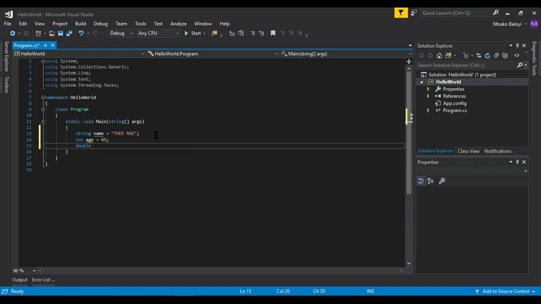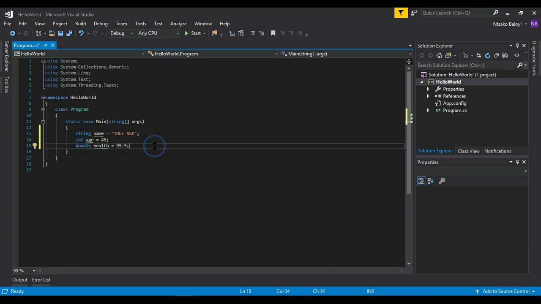So we're going to say double, and then here we're going to give it a name. Let's say this is a game and everyone has health, and the health can be in decimal format. So let's say health is at 95.5% or something like that. That is how you store decimal numbers, using the double